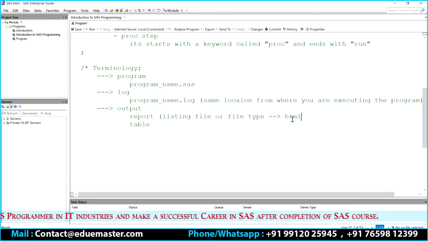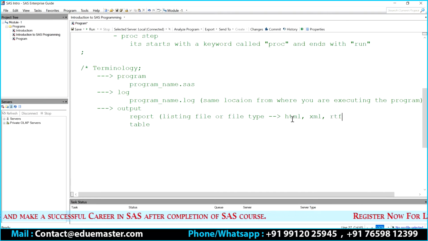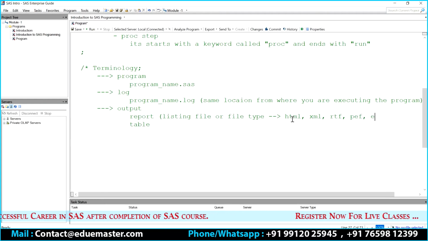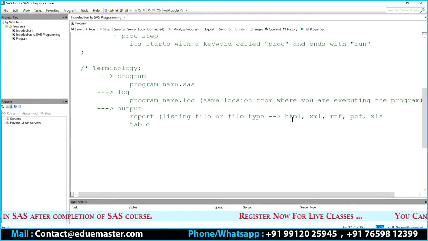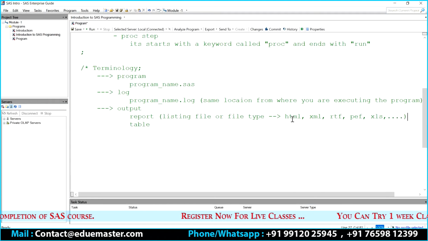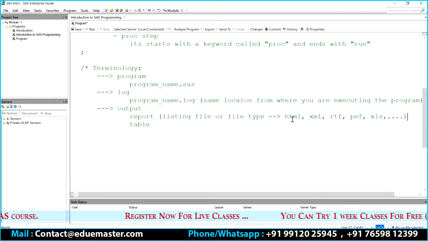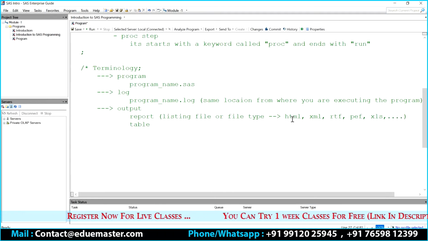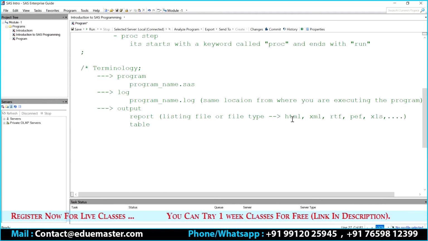If it is going to be HTML, it is going to have a .html extension, or XML, or RTF, or PDF, or Excel. It can be anything. You can create any file type of your choice. Whatever the file type you have chosen, with that particular file extension, I'm going to have a file there. Correct?